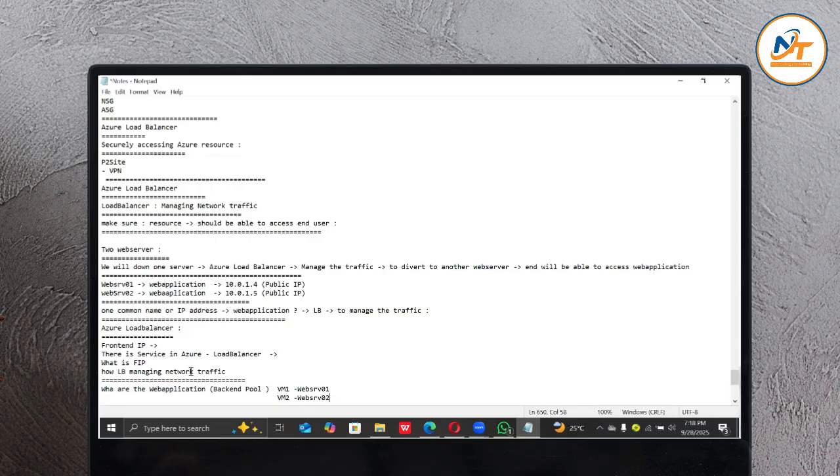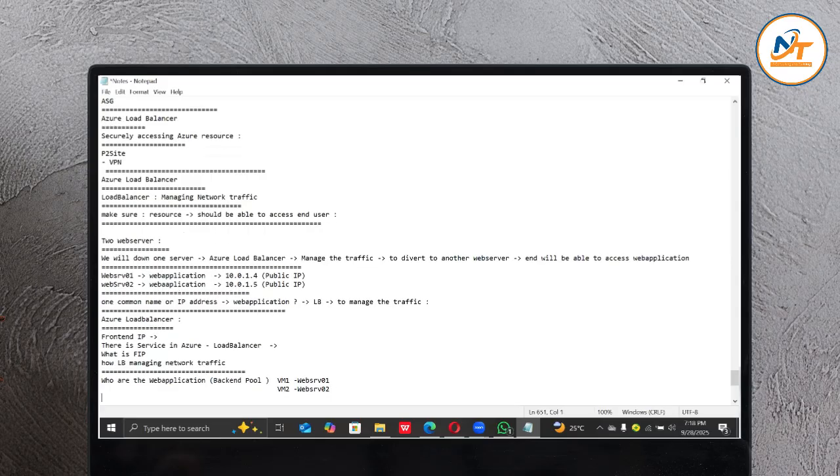When the traffic hits the load balancer, it should know who the web application servers are, that is the backend pool. Now the load balancer should know, with the help of a health probe,